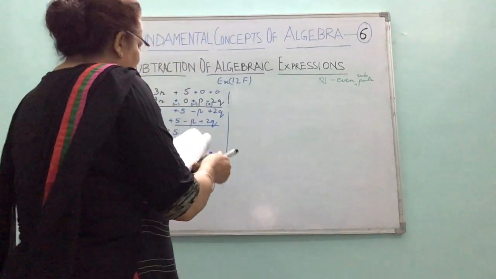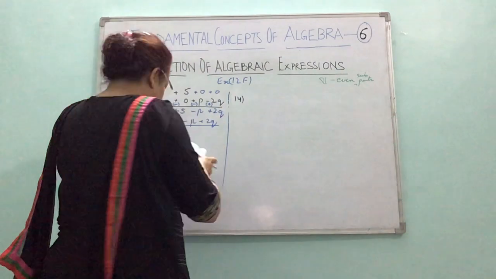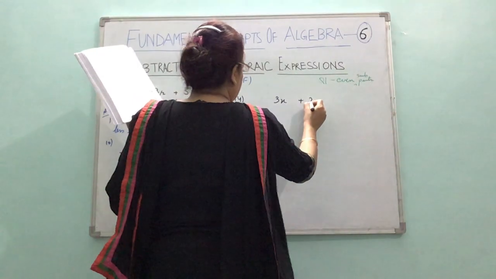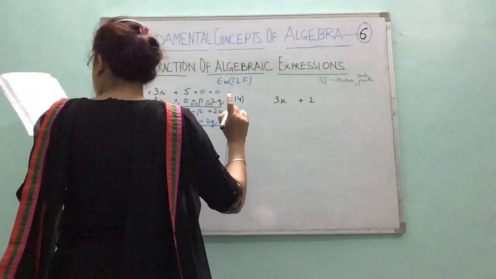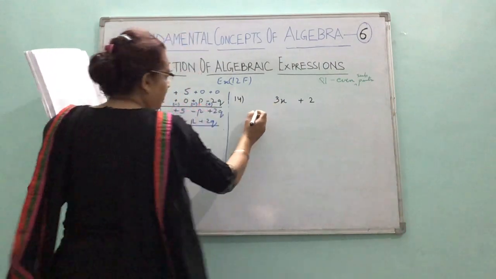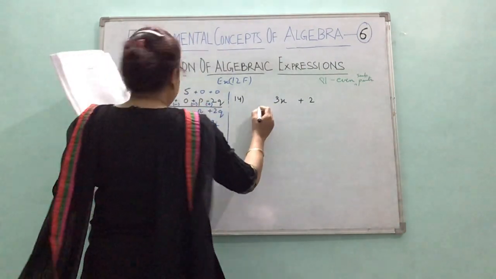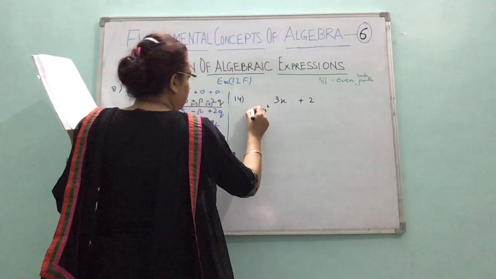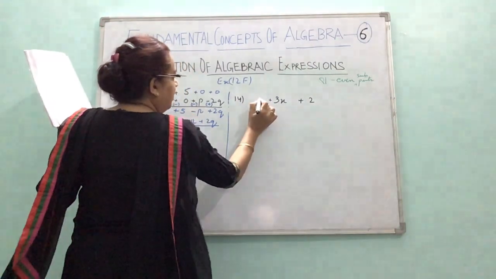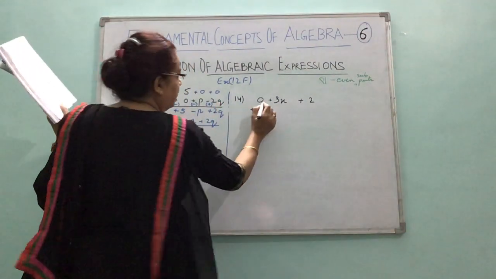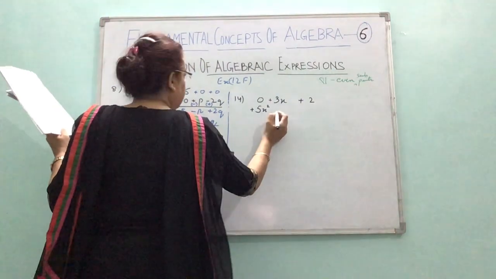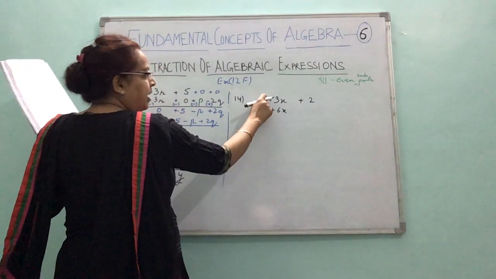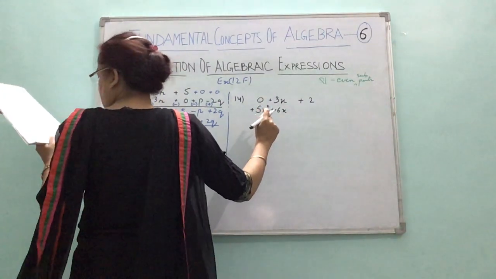So once we know what is bigger, I'll just arrange it to the bigger. First I'll copy the bigger one, 3x plus 2. And now copy the next one but arrange properly. See children, it is single variable x square. So I'll first write x square, 5x square. Now see the arrangement, plus. There is nothing here, I'll put 0 so that you do not get confused. 0 plus 6x, like term underneath the like term only. There was no x square term, so I have written 0. Minus 3.